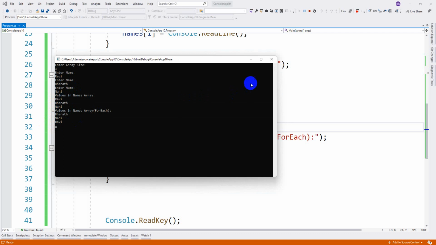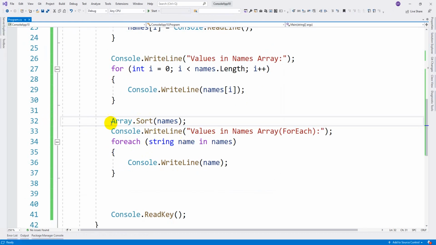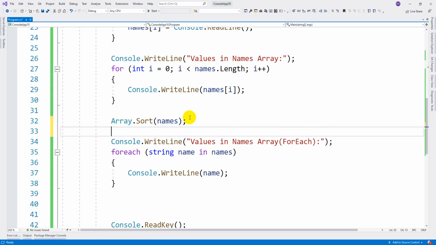Whenever you use this particular sort method, this is going to arrange the data, I mean array elements, in ascending order. In case you want to print it in descending order, you can simply write array.sort of, whatever the array name, then the array will get, sorry, not sort, it is reverse. So the array will get in reversed order.